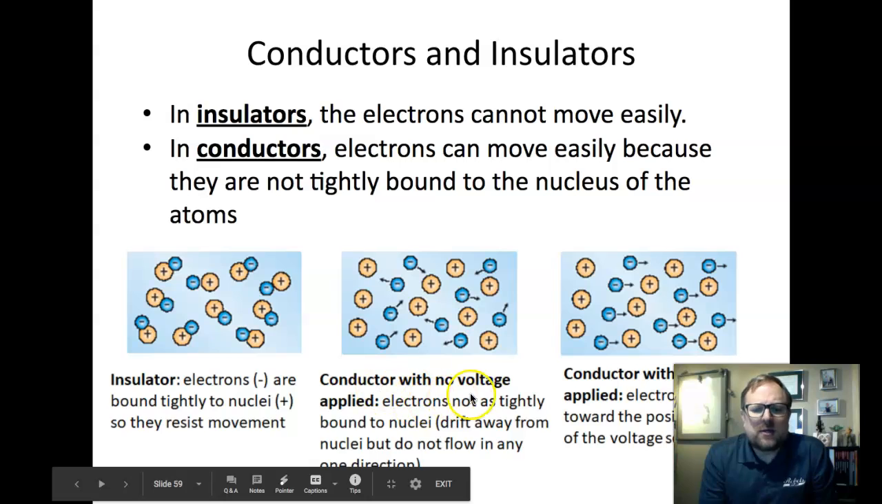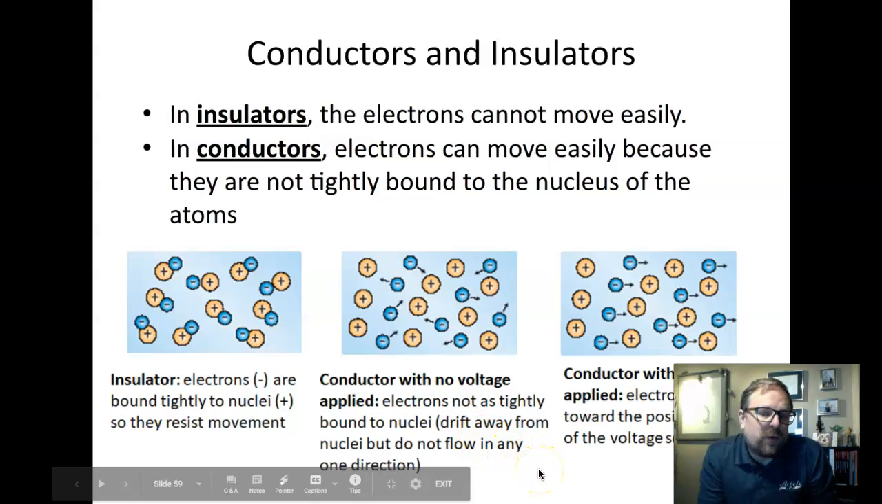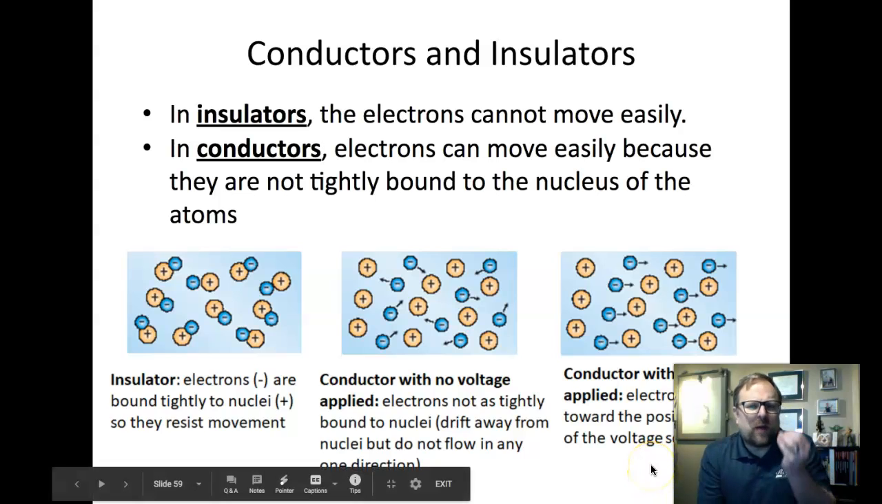So a conductor with no voltage applied, the electrons are not as tightly bound to the nuclei, and so they drift away from the nuclei but do not flow. But if we apply a voltage, I want you guys to think of it as it's kind of like pressure. So if we apply some pressure to those electrons by